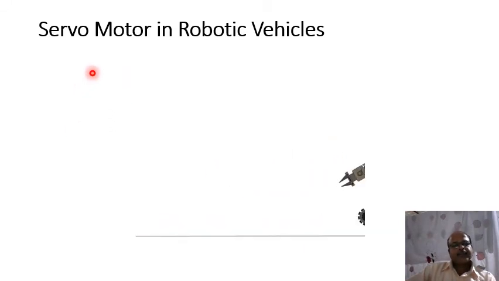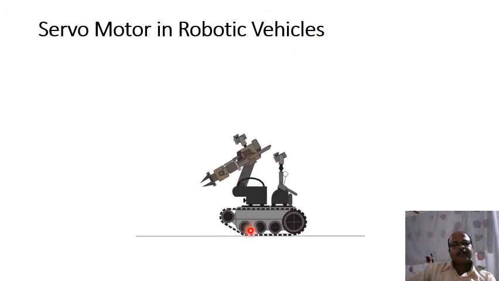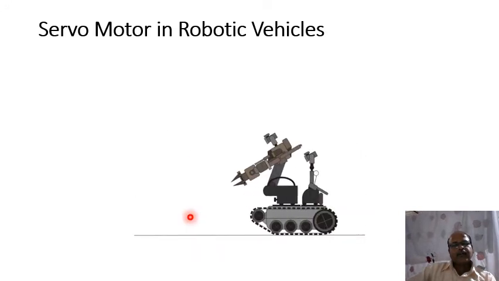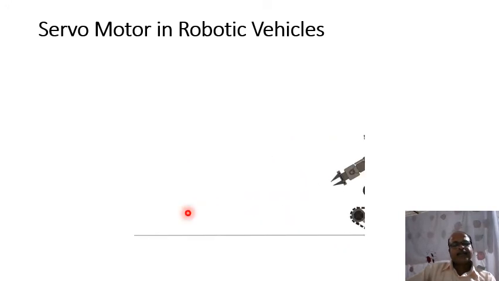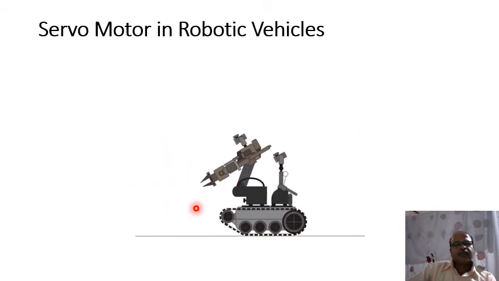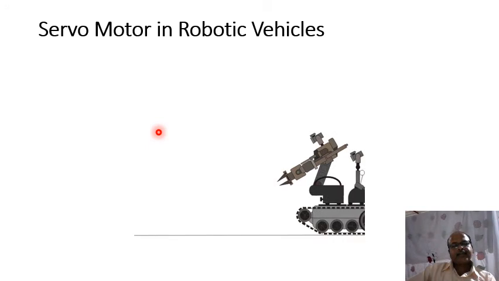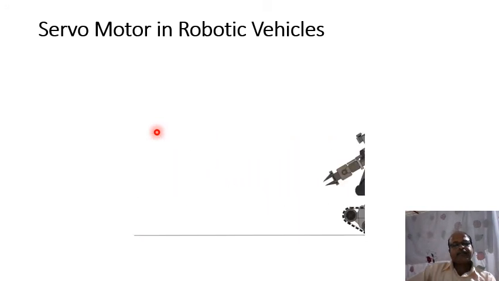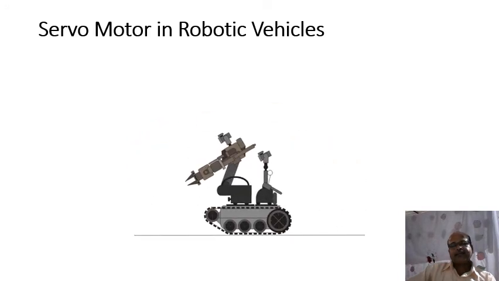Another application of a servo motor is in robotic vehicles. So robotic vehicles use the servo motors. So in your Yantra lab, you can use this servo motor for different applications. In your third year, mini projects are there. So by using servo motor, you can make any project and you can apply the concept of the servo mechanism by using Arduino. We have to conduct one experiment on this servo mechanism.